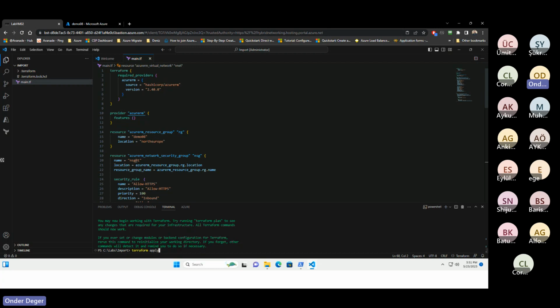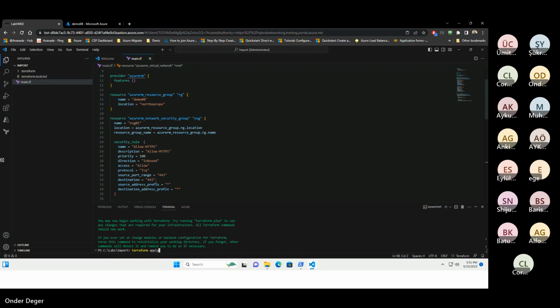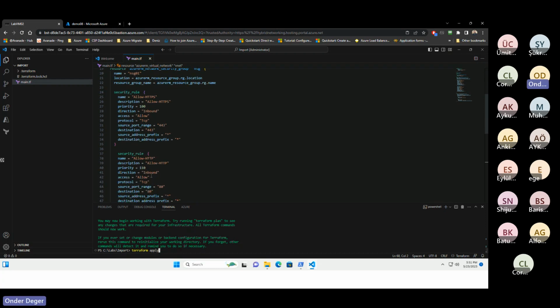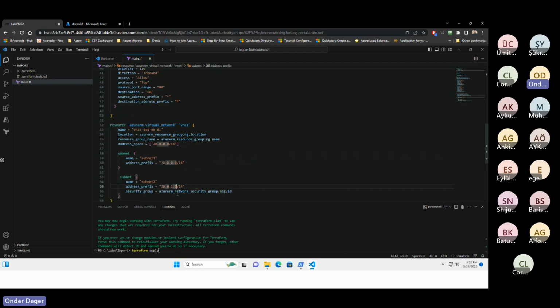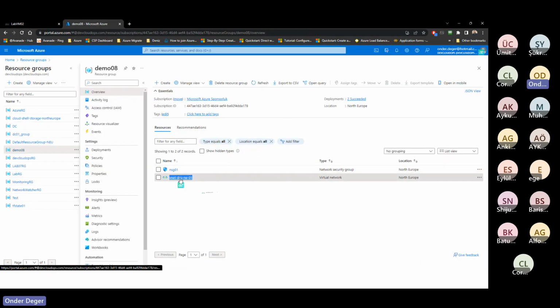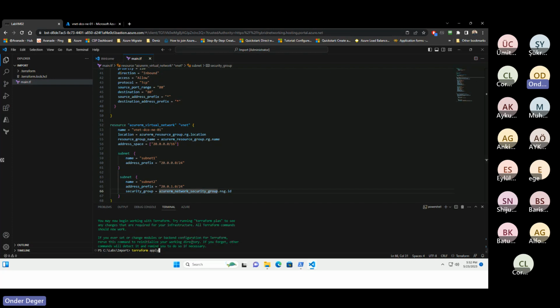Demo 08 North Europe, NSG 01. Okay, hello HTTPS 443. Okay, hello HTTP 110, TCP 8080, and this is our VNet and the VNet name and the subnet 1 and subnet 2, and NSG also attached to subnet 2. Let's check subnet. Yes, NSG also attached to subnet 2. So if we run Terraform apply, normally it must say,